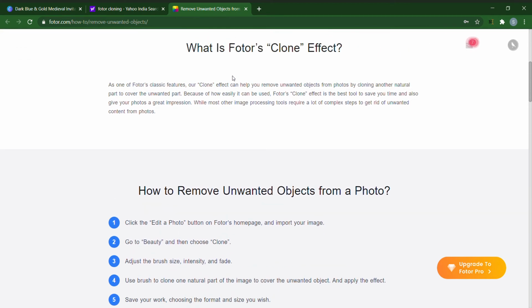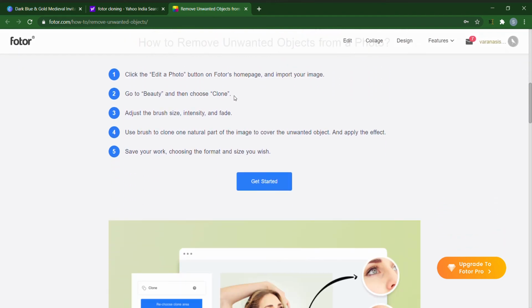For example, sometimes we take such a cool photo, but some objects are annoying when seeing that image, so we can use this feature for removing unnecessary objects. Okay, let's get inside.